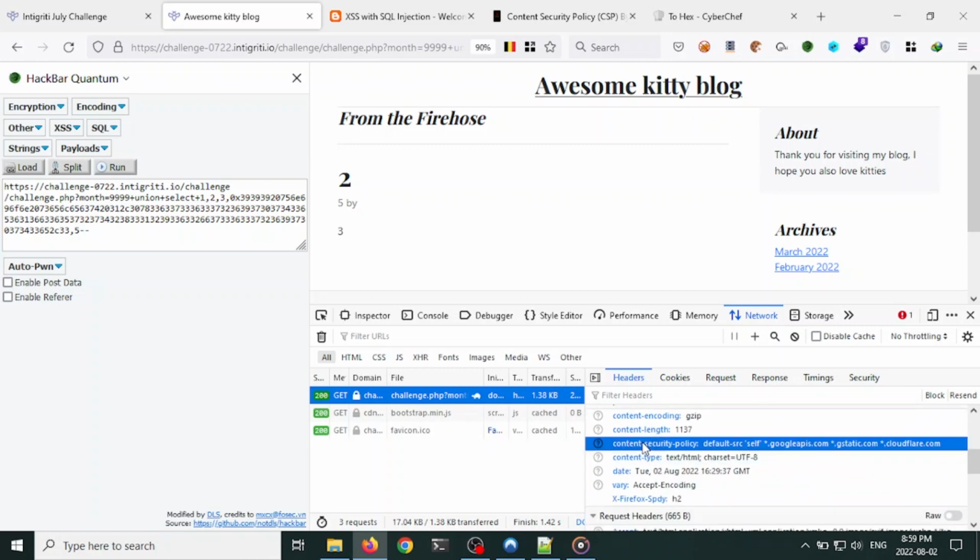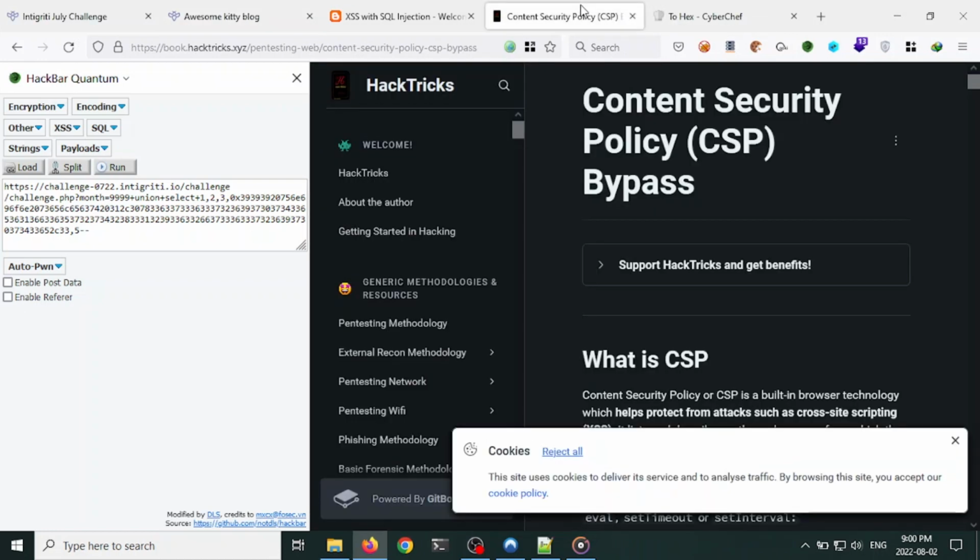this is the content security policy: default-src 'self' *.googleapis.com *.gstatic.com *.cloudflare.com. This means that we can't load JavaScript, images or CSS from our own domains. We can only load scripts from the whitelisted domains: googleapis.com, gstatic.com and cloudflare.com. To bypass CSP, in this case I found a great payload